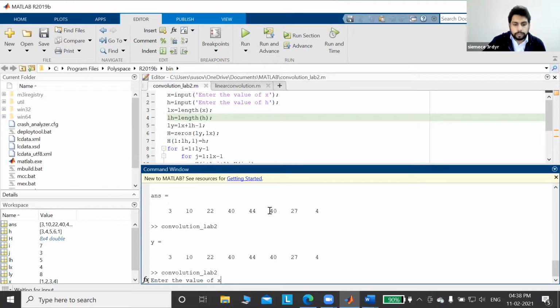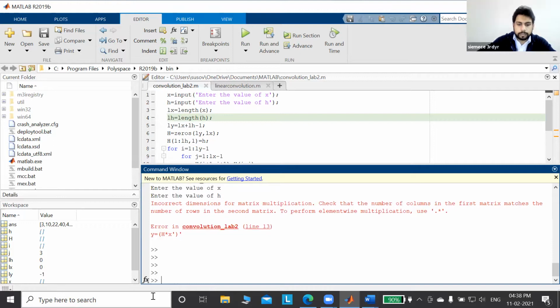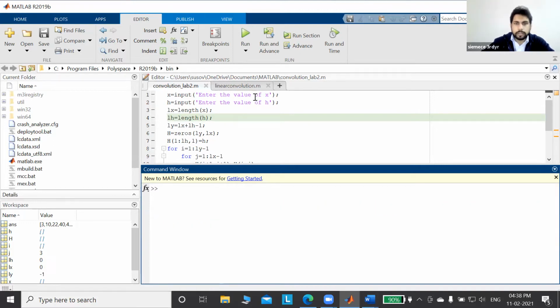Suppose I am running this. Just a minute. CLC, I will clear it. If I run here, see it is coming: enter the value of x. Then you can give any value of x. Then enter the value of h.